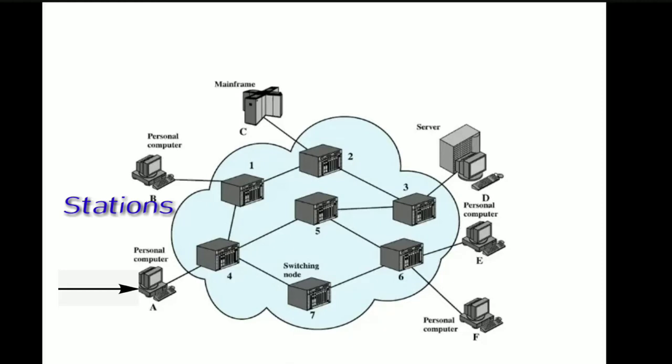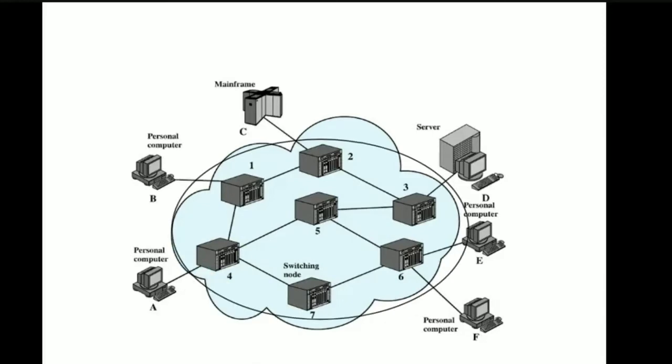So what could these stations be? They could be computers, or terminals, or telephones, or any communicating devices for that matter. We already said that the switching devices' purpose is to provide communication from source to destination. So these switching devices, we are going to call nodes. Here, nodes may be connected with each other in different topologies with the help of transmission links. Each of these stations is attached to a node, and this collection of nodes is referred to as the communication network.